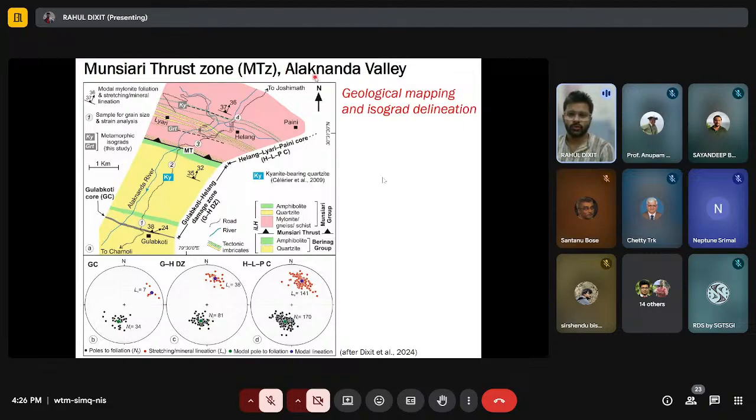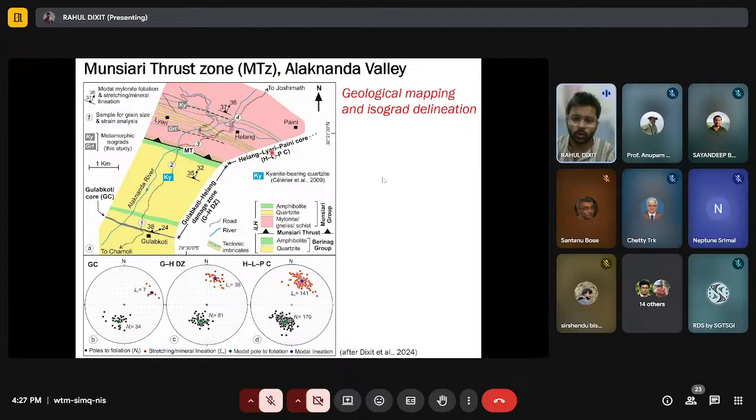So the Munsiari thrust zone in the Alaknanda Valley: if we see this geological map, we can see that this particular shear zone consists of several cores and associated damage zones. Starting from the south, we mapped the Gulabkoti core, which is a very thin, narrow core consisting of the Berinag group of rocks of the inner lesser Himalayas. Then we identified the Gulabkoti-Helang damage zone, and further north of it we demarcated the Munsiari thrust, and on the hanging wall of the Munsiari thrust there was another structure identified as the